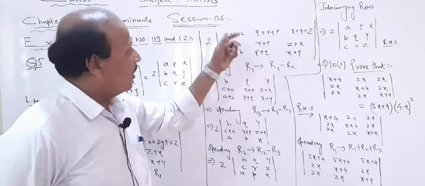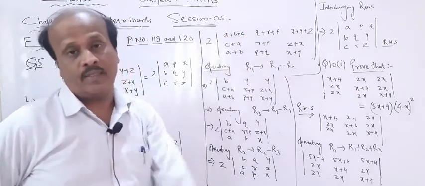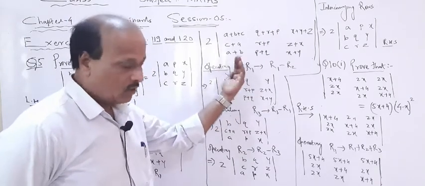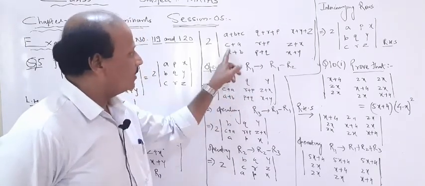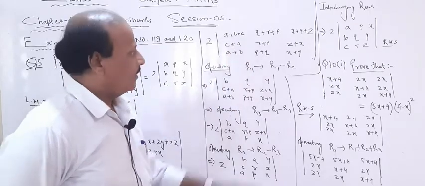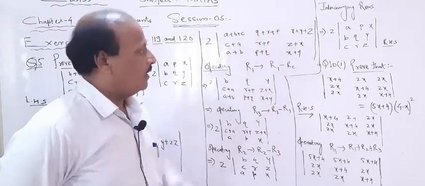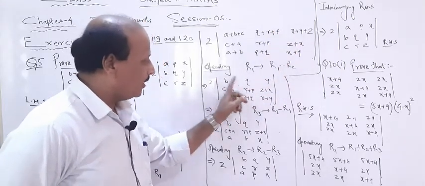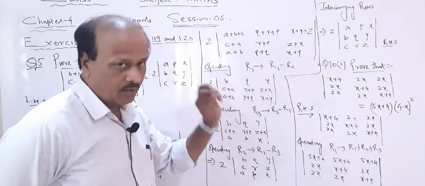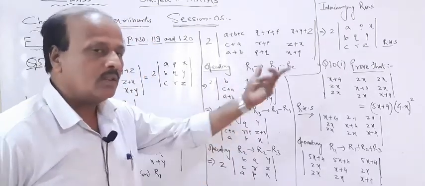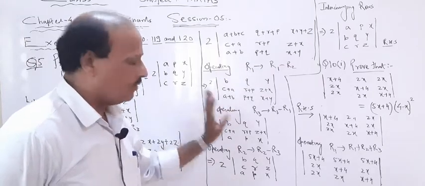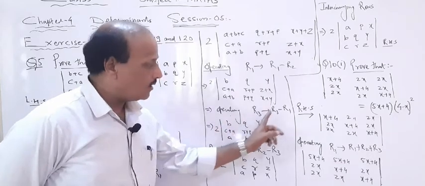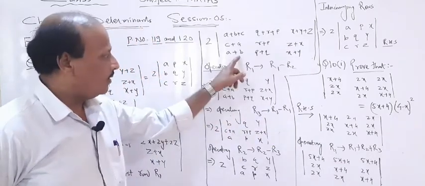So what will happen? Out of 3 quantities, 2 quantities will be cancelled. Operating that, after taking out 2 common, my first row will be: c plus a will be cancelled, then r plus p will be cancelled, and here z plus x will be cancelled from the first row. So the first row will become p, q, y. Whenever you operate on any particular row, don't touch the other 2 rows. So R2 and R3 will remain as they are. Then the next step is operating R3 by R3 minus R1, R3 minus R1.